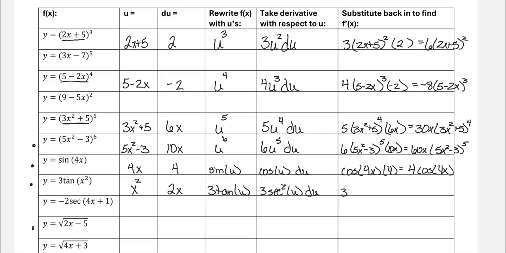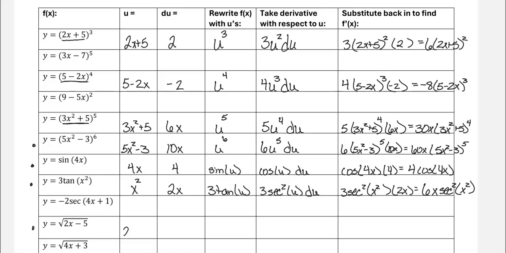And then we're going to substitute back in. My u was x squared, du was 2x, and then we always clean it up. So this is 6 times x times secant squared of x squared. If we go down to this one,